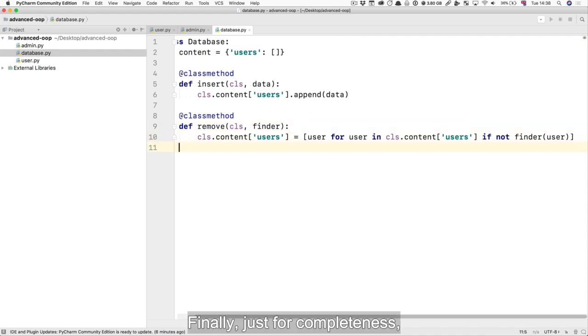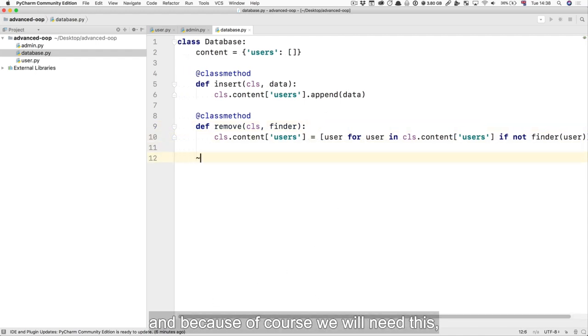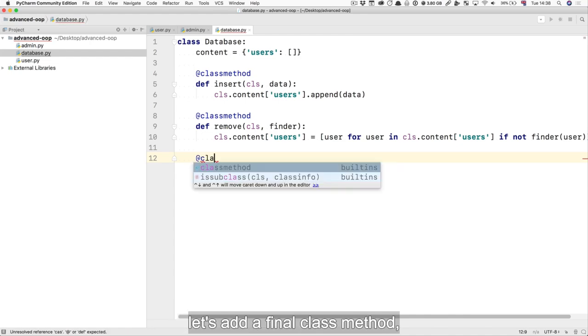Finally, just for completeness, and because of course we will need this, let's add a final class method, which is going to be